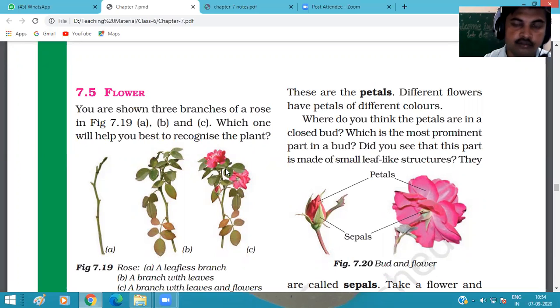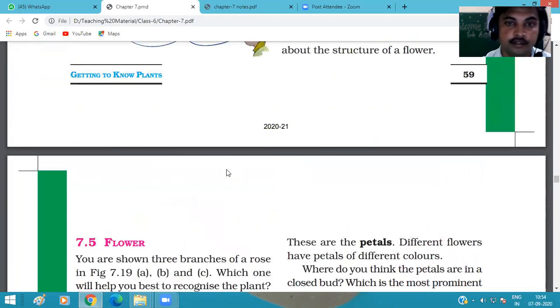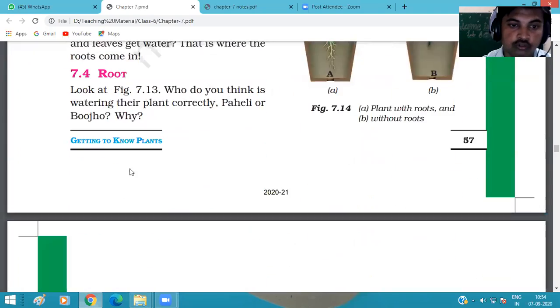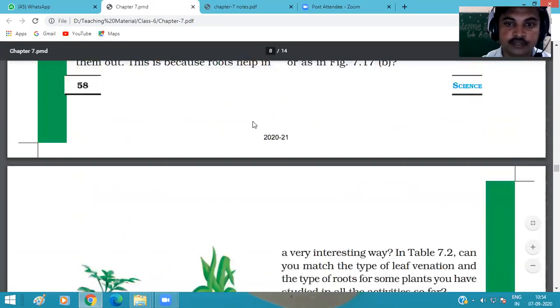From the last few videos, we continue with our 7th chapter of science, getting to know about plants. In this chapter, we already discussed the different categories of plants. Which categories? Herbs, shrubs, trees, and two more categories, climbers and creepers. And then we discussed the different parts of the plant: the stem, the leaf, and the root. And today we continue with the same chapter from the next topic,